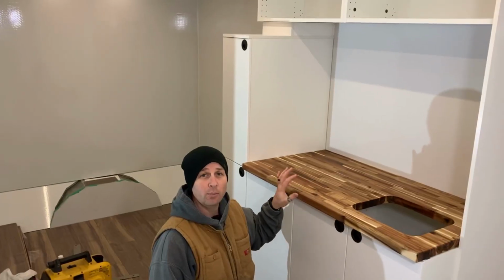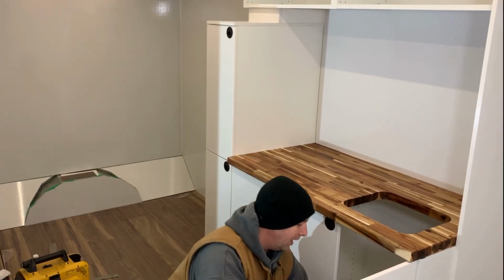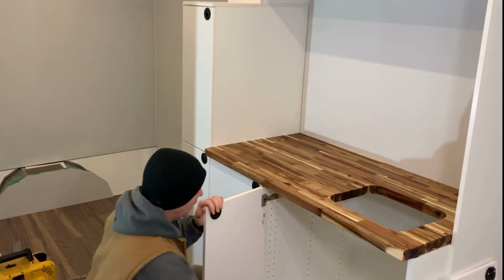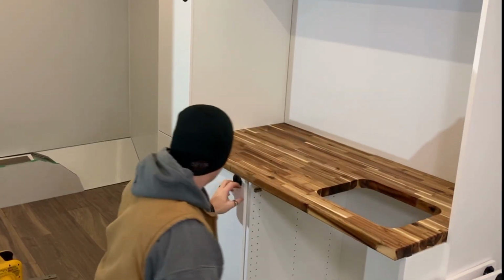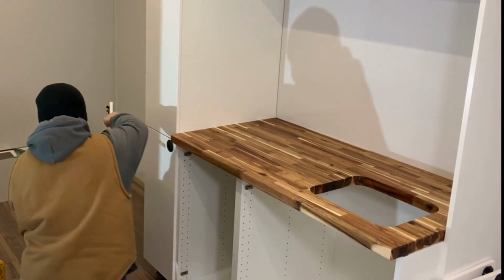With the countertop positioned, I'm going to remove these 3 doors to give myself the best access for working underneath the counter. As I've mentioned before, IKEA really has figured out how to make hinges. The couple seconds that it takes to remove these just makes access